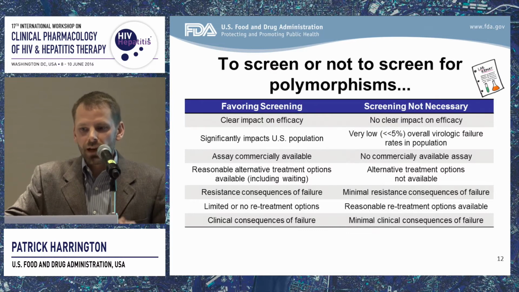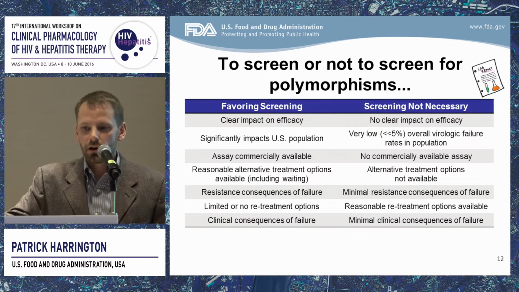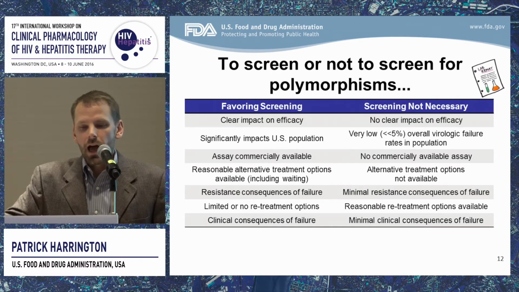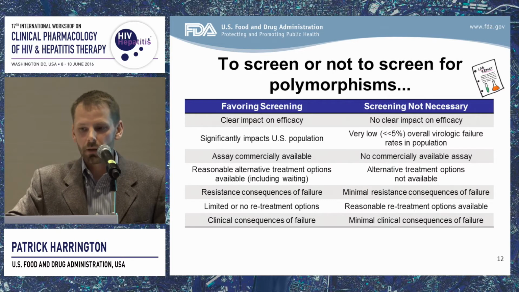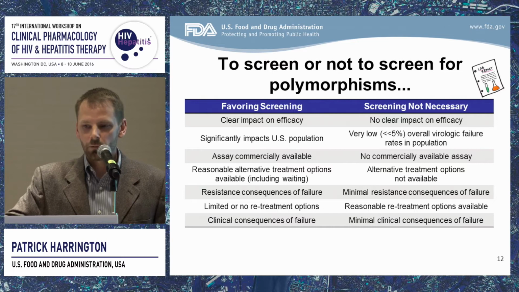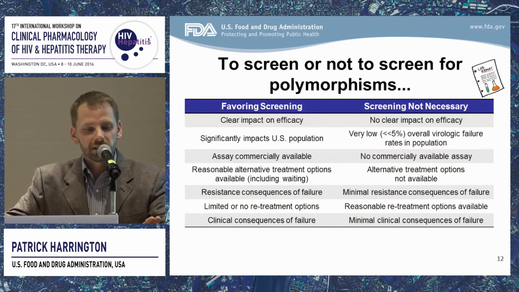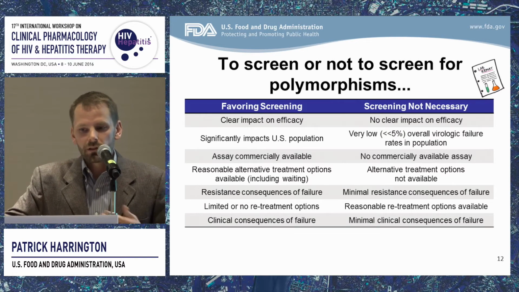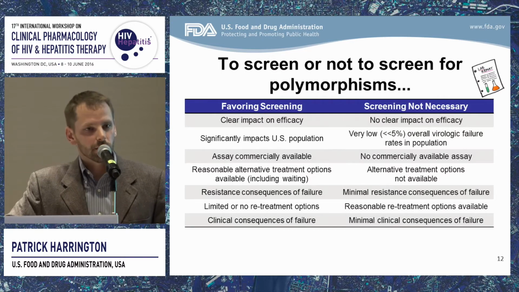So those factors on the left favoring screening, of course, they all start off with having a polymorphism or a group of polymorphisms that show a very clear impact on treatment efficacy. As a U.S. regulatory agency, we're most concerned about those that significantly impact the U.S. population. Of course, it helps if you have an assay that's commercially available to detect those polymorphisms in clinical practice, as well as reasonable alternative treatment options in the event that you do detect these polymorphisms. Also, other factors that might support screening to guide treatment decision-making include resistance consequences of failure, limited retreatment options, or